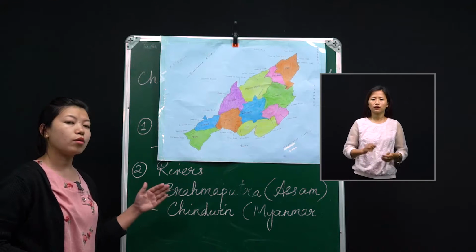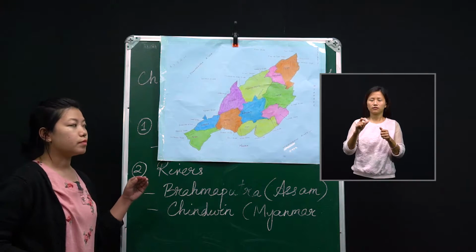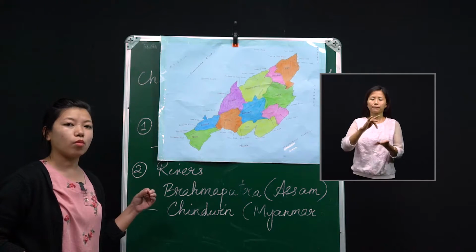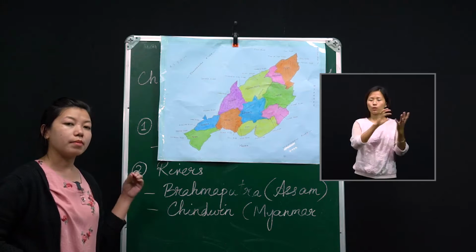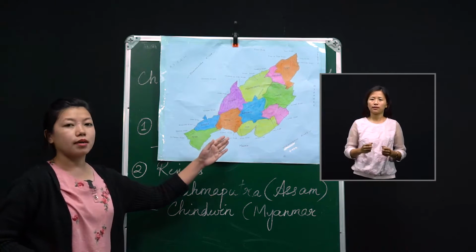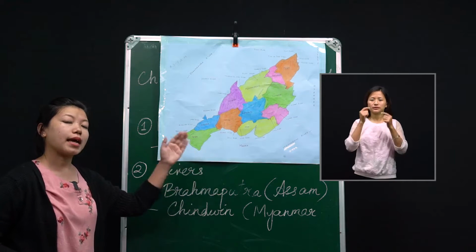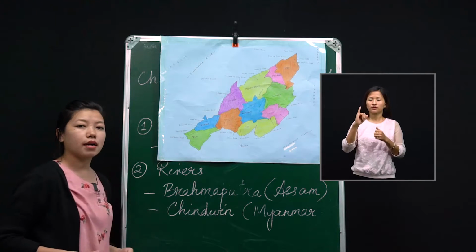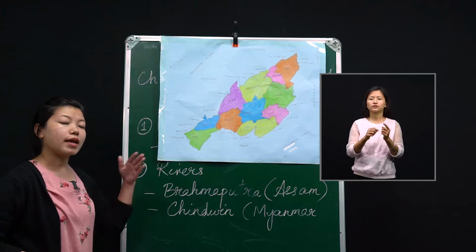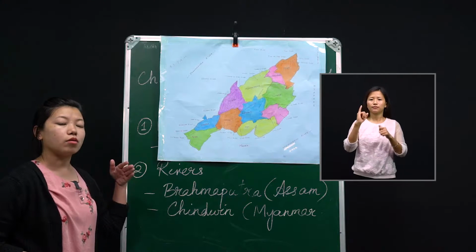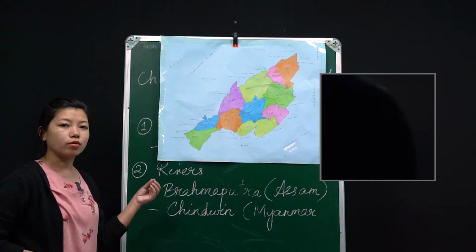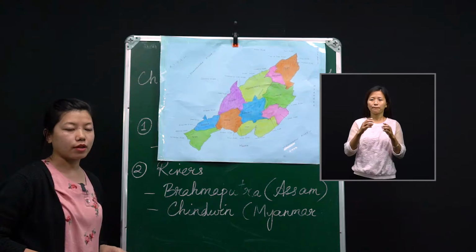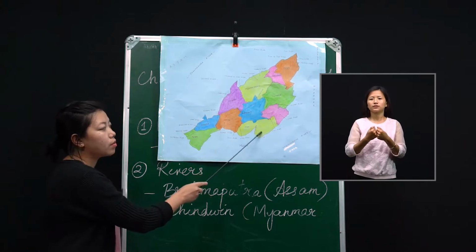Now this Molhe Pass is a well-known place because during the Second World War, the Battle of Kohima, the Japanese troops entered Nagaland through this Molhe Pass, which is towards the Patkai mountain ranges. When they entered, they also fought in the Battle of Kohima, and the Britishers defeated the Japanese. So it all took place in the Molhe Pass.